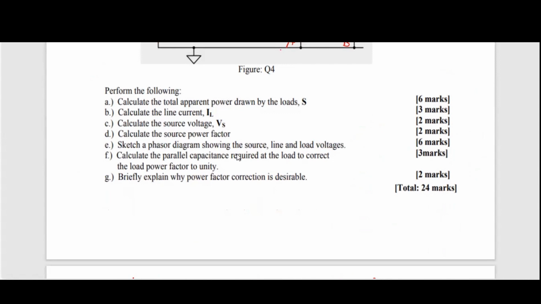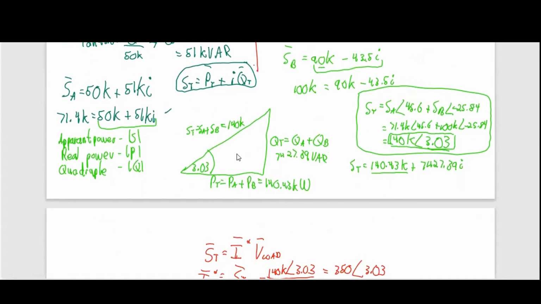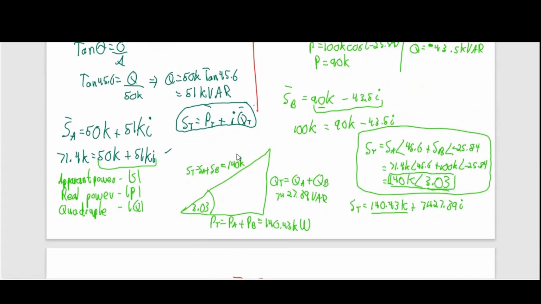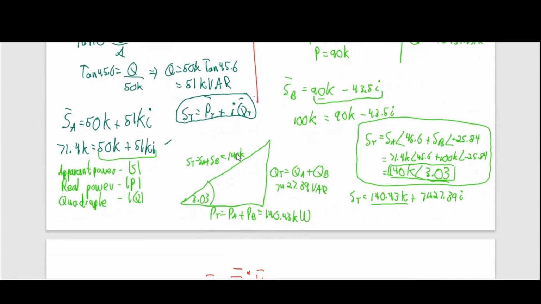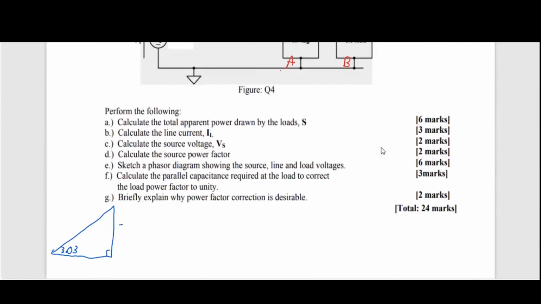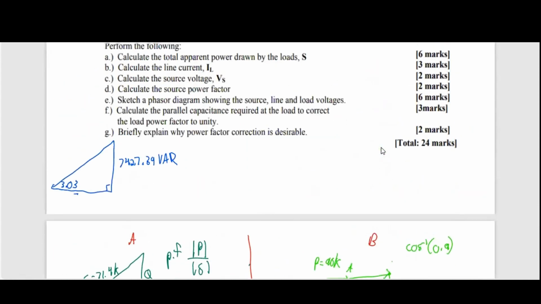So we have the whole. So we know this was 3.03. Let's go back and see the rest. We care about Q, right? We don't really care about the rest. So the old Q was 7427.4. 7427.4. PUR. Right, so really, we could put in the S, but we're going to need the S to calculate the new